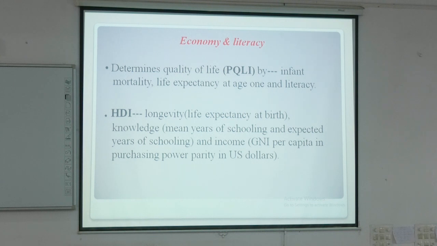means physical quality of life index, determines quality of life. It has 3 components: infant mortality, life expectancy at age 1 and literacy. Ki ILL, PQLI means ILL, infant mortality, life expectancy at age 1 and literacy. এই দুটো কোশ্চেন আছে আর কি তোমাদের, শর্ট নোট আছে। HDI হচ্ছে হিউম্যান ডেভেলপমেন্ট ইন্ডেক্স, ইট ইনক্লুডস লঞ্জিভিটি, নলেজ অ্যান্ড GNI, ইনকাম পার ক্যাপিটা। এই দুটো শর্ট নোট তোমরা পড়ে নেবে, হ্যাঁ, তোমাদের পরেও পড়ানো হবে, তোমাদেরকে পড়ে নেবে।